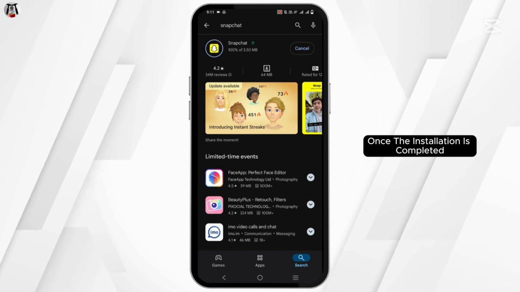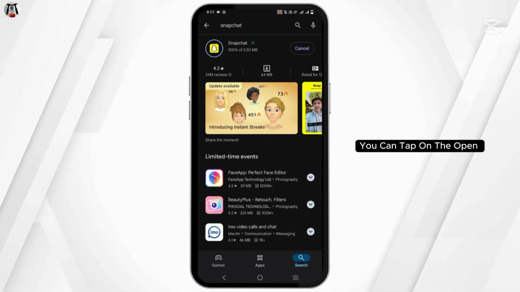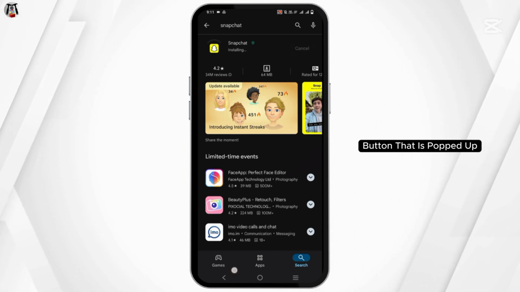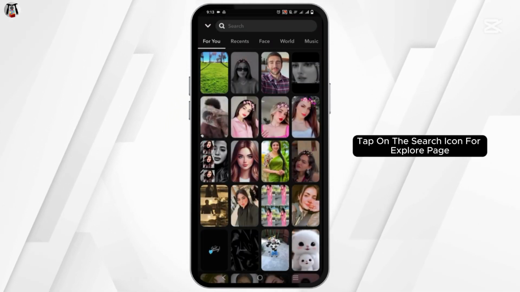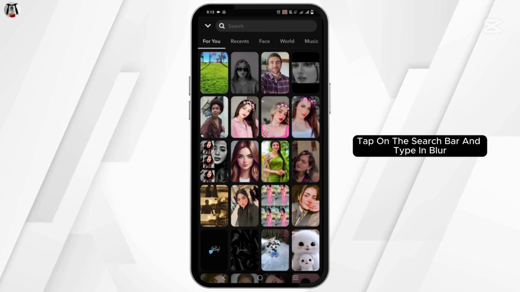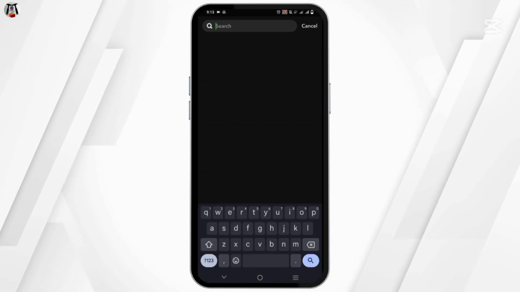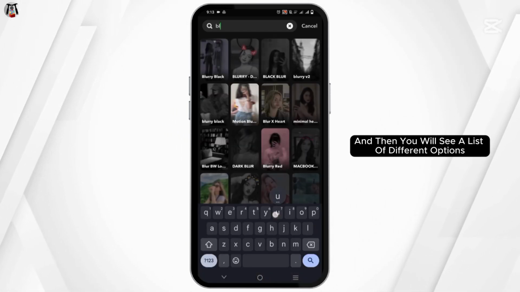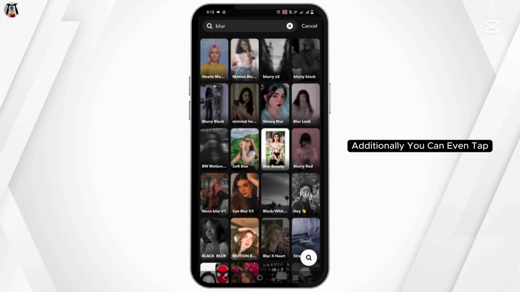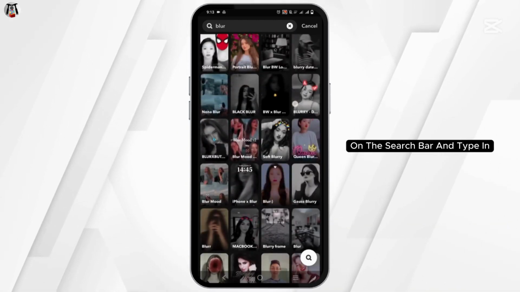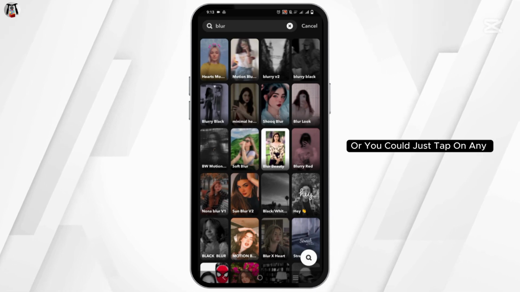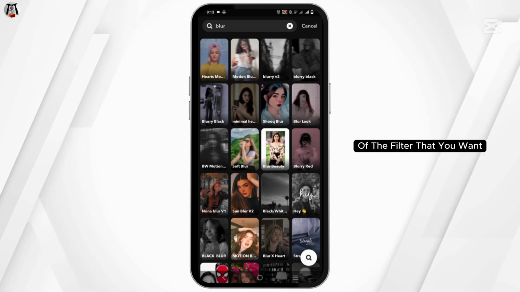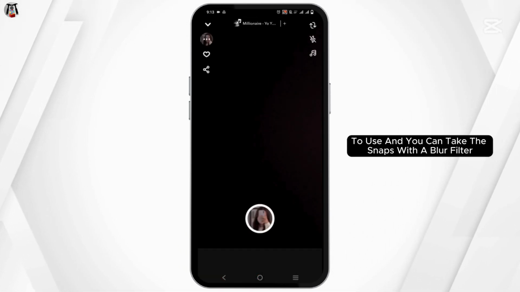Once the installation is completed, you can tap on the open button that pops up. Then head over to the application, tap on the search icon for the explore page, tap on the search bar and type in blur, and then you will see a list of different options. Additionally, you can even tap on the search bar and type in create option to customize your own lens, or you could just tap on any of the filters that you want to use and you can take the snaps